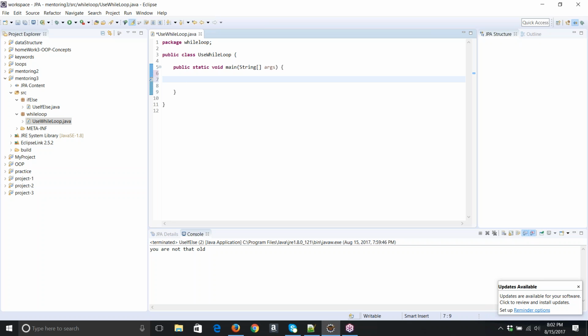So let's start with the while loop. We have the while loop and the do while loop, and we'll see the difference between them. Let's start with the while loop. Okay, so let's say we have an integer a equals 10. Here, the syntax for the while loop is going to be: while,